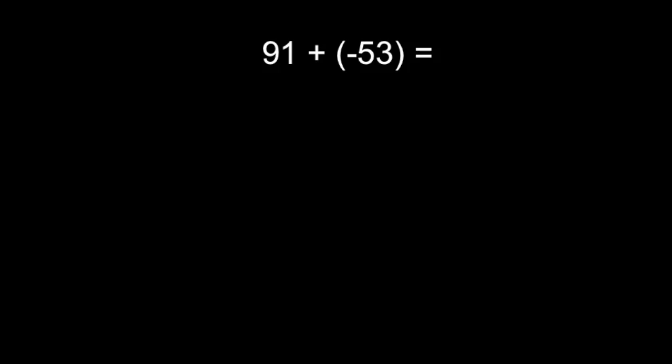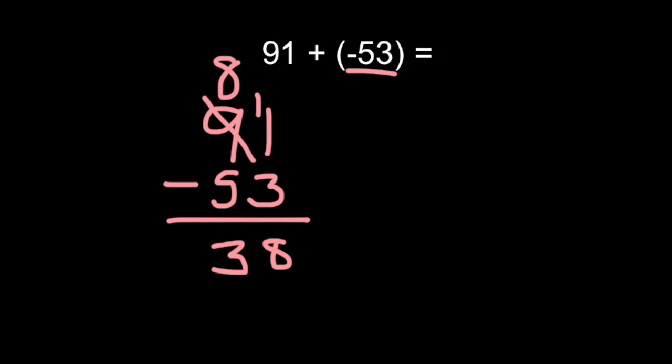We have 91 plus a -53. These numbers are too big for me to use integer chips, so I need to figure out the rule so that I can add these two integers. Well, they have different signs, so in the end we're going to have to figure out what sign it will be. The last problem, we noticed that because they have different signs, we subtract them. So we've got 91 minus the absolute value of this, so 91 minus 53 is 38. So our answer is going to be 38,